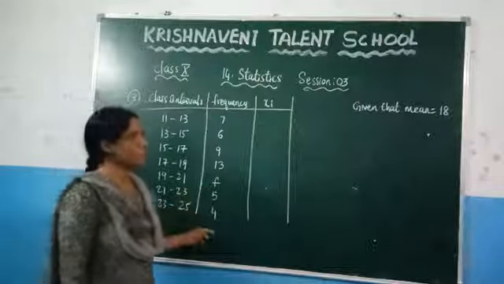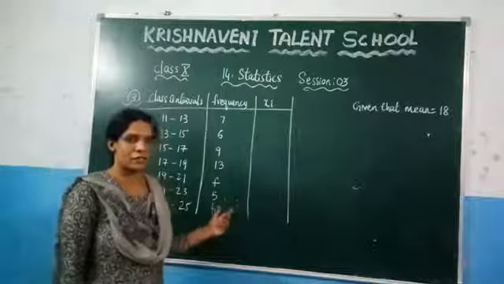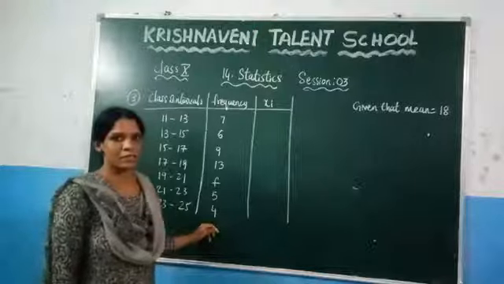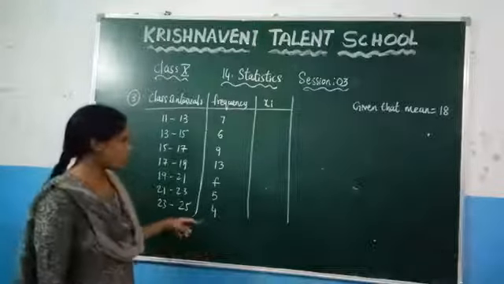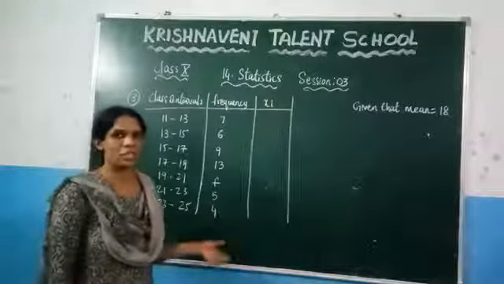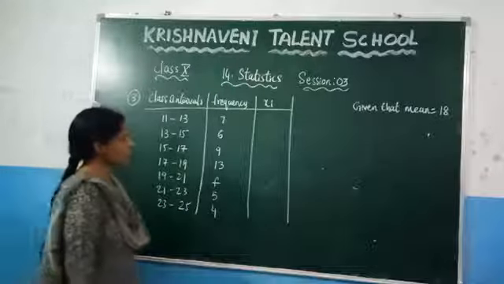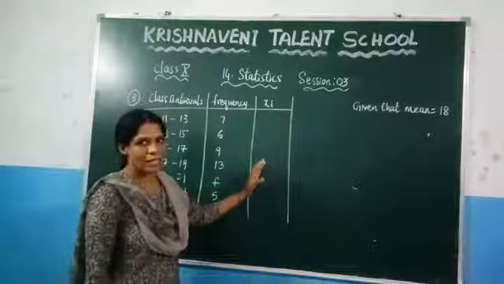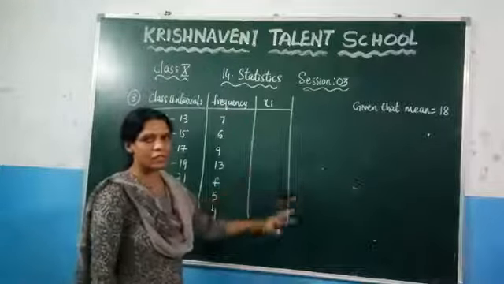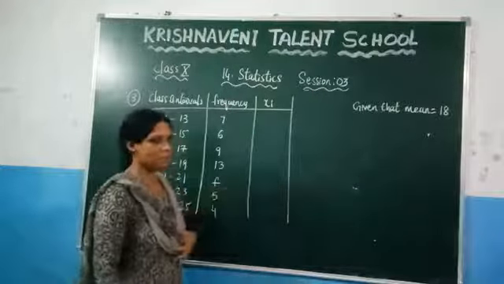And you know that you can find the mean by using three methods, which are the direct method, the assumed mean method, and the step deviation method. In the question, they did not specify the method, so you can use any method here. Let us see what the x values are here. If the x values are bigger, you can go for the other methods. Otherwise, you can use the direct method here.